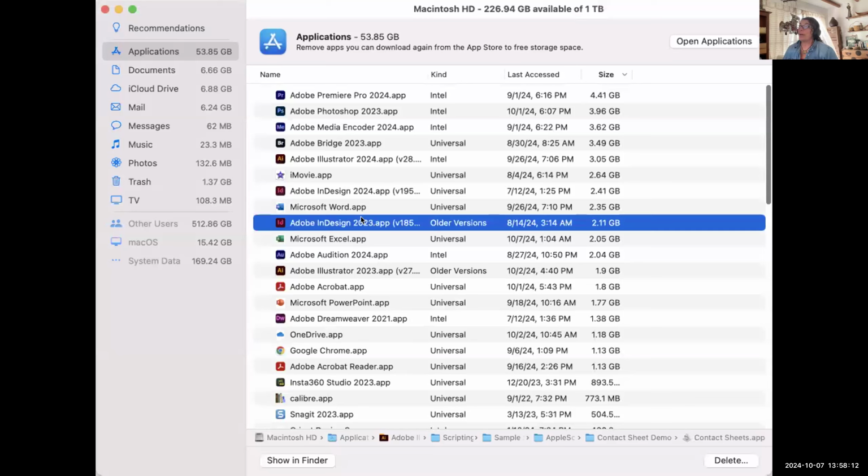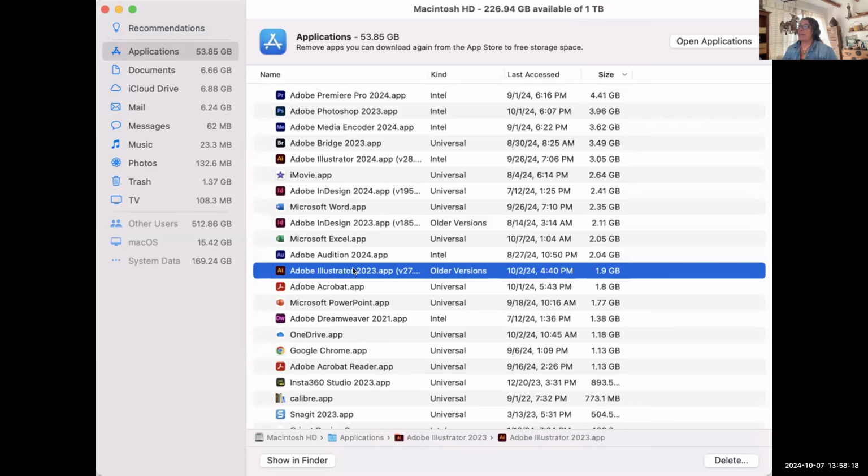I actually have a reason why I have these two here, which is why I'm not deleting them, because I teach people how to use these apps. And I need to demo, just like on the Mac, where I'm demoing two older ones. I usually have to demo two versions for people who have an older version. So I'm not deleting them, but